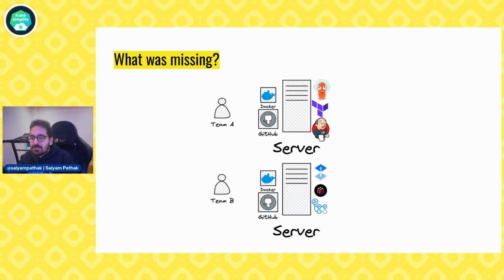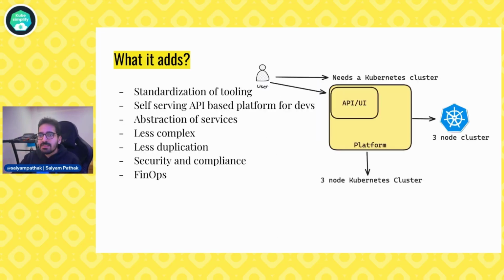Now imagine a scenario where you have 10 different projects, 10 different teams working with an infinite number of different combinations of projects. It can lead to a big mess because you need a lot of people to manage that. You need a lot of cost for these tools. There is no compliance, so there is no standardization.